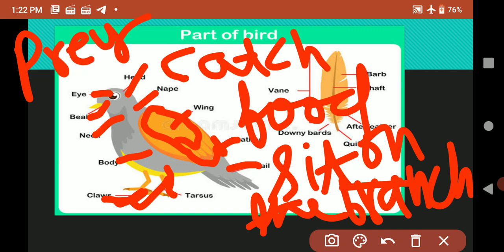So now all of you have understood about the function of the claws, wings, feathers, and about the body parts of a bird. This is very important. So you have to understand about the parts of a bird.